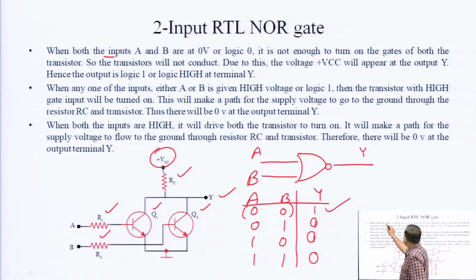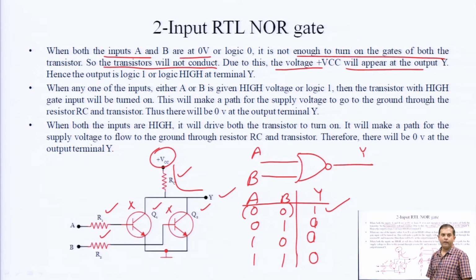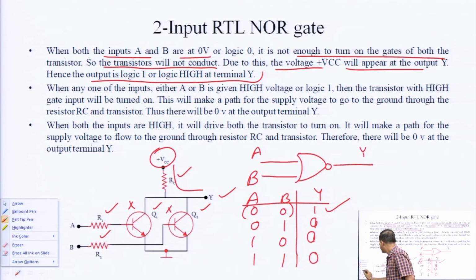When both the inputs at A and B are at 0 volt, meaning logic 0, it is not enough to turn on the gates of both the transistors. So, the transistors will not conduct. Due to this, the voltage VCC will appear at the output. So, these are cut off at that time, and we will get output at logic 1. Got it? Next case,